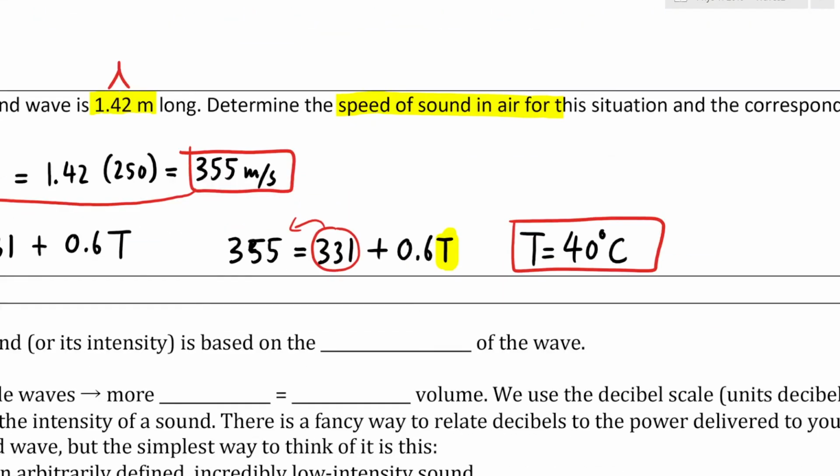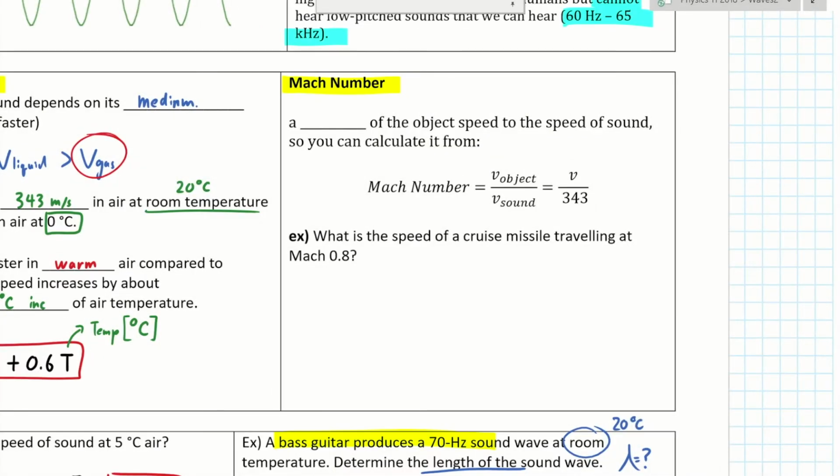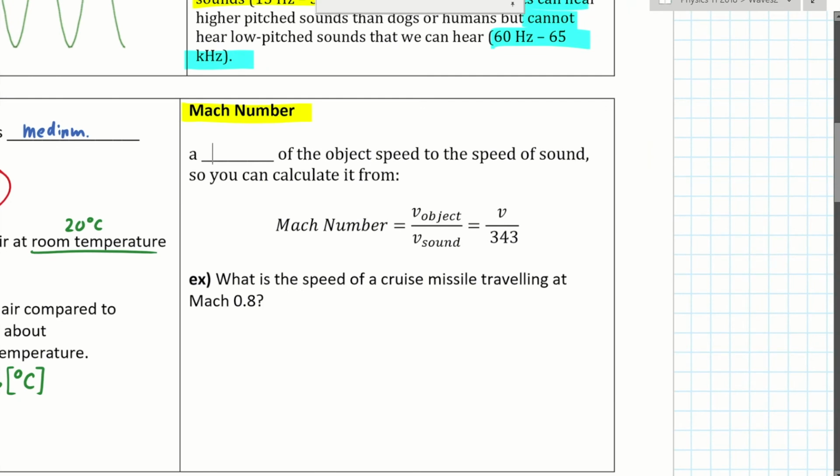All right. Now, moving back to the Mach number from the previous page. So the Mach number is a ratio that people make up to compare the speed of another object to the speed of sound. So when people say, hey, this airplane can actually fly at Mach 2, that means it can do double the speed of sound. Or you can say, oh, this bullet is going at Mach 7.5. That means it's traveling 7.5 times the speed of sound.